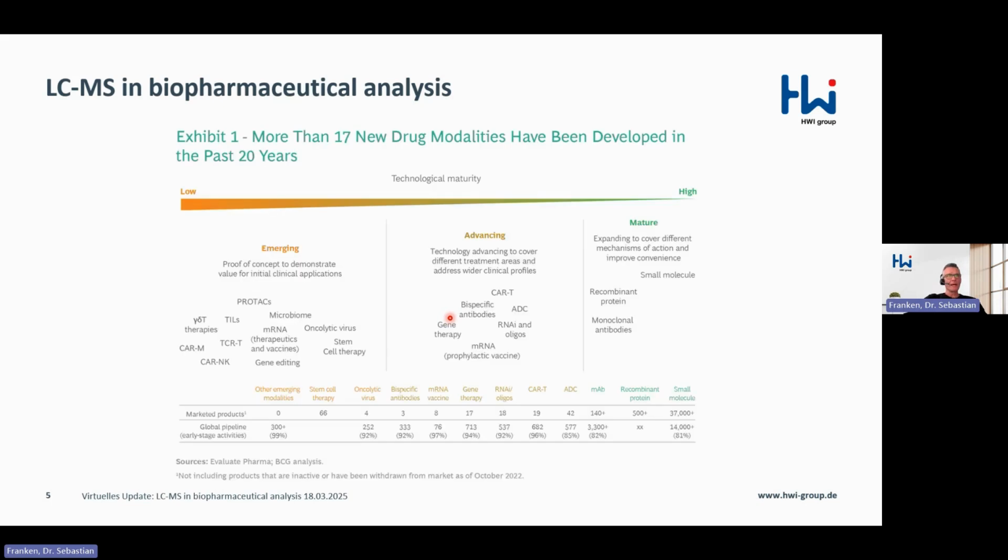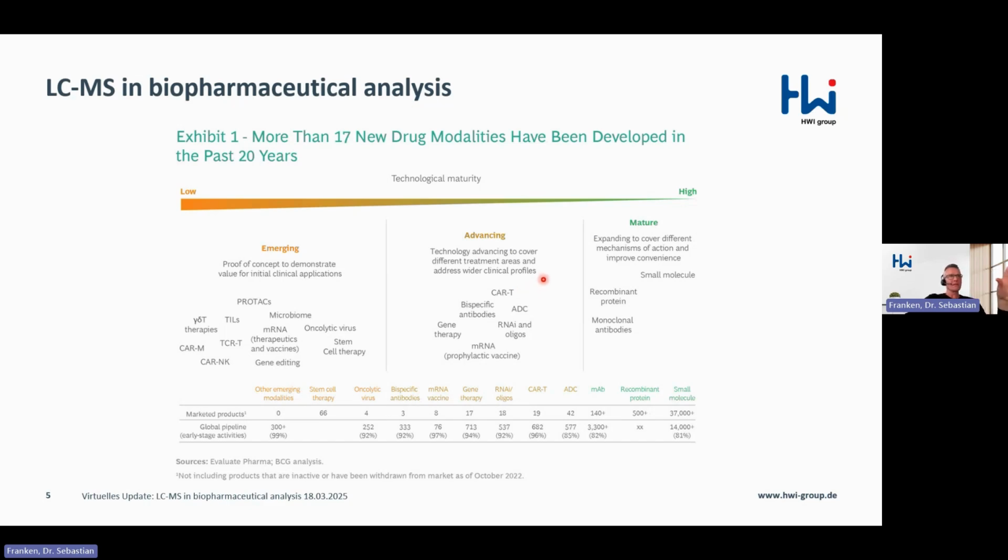Anyway, this overview I borrowed from an analysis of the Boston Consulting Group. I don't want to go completely into detail, but what it tells us is which therapeutics are to come. We have on the right side therapeutics that are already very mature, so they have been on the market for longer. We see all these small molecules, of course, monoclonal antibodies. And then going to the left,